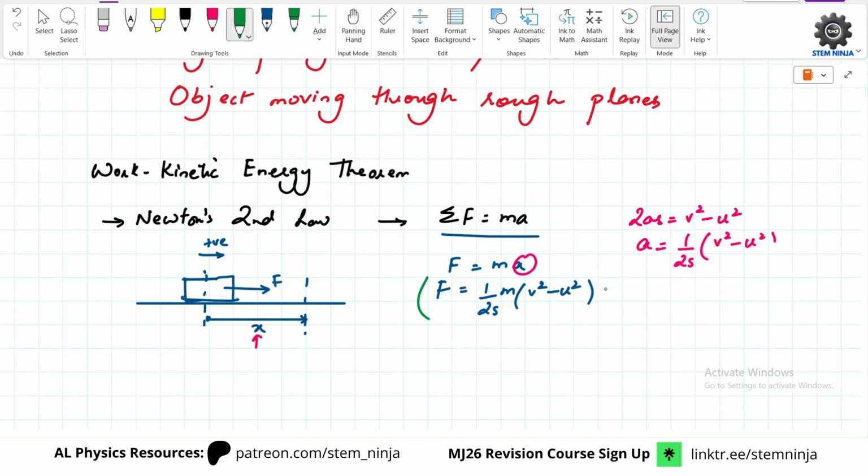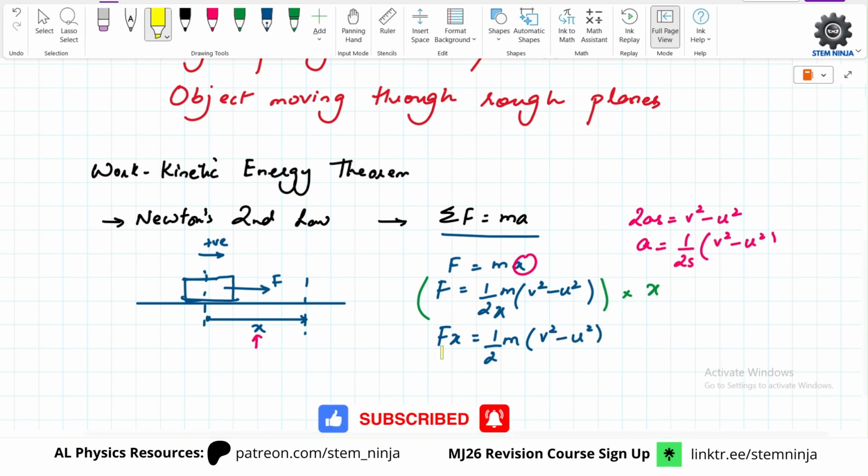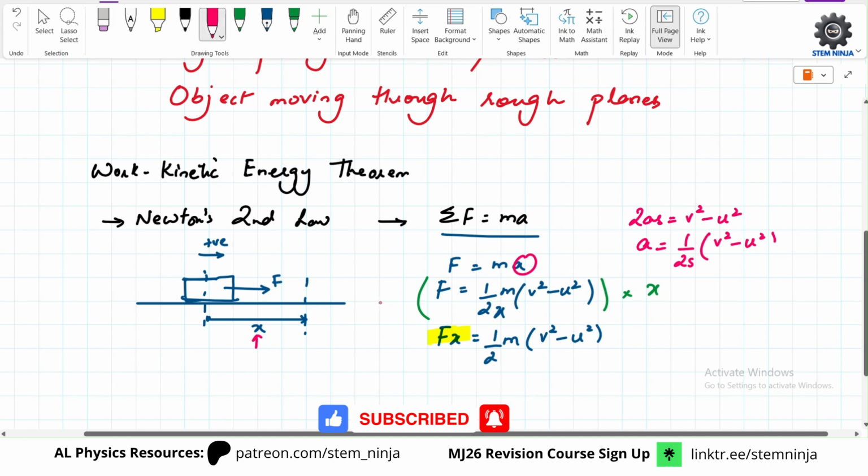Now what if we multiply both sides by x, the displacement? So this becomes Fx equals... actually this should have been x over here. So x and x would cancel out on the right hand side. You would have half m (v squared minus u squared). Notice that this is the work itself, the work done by force